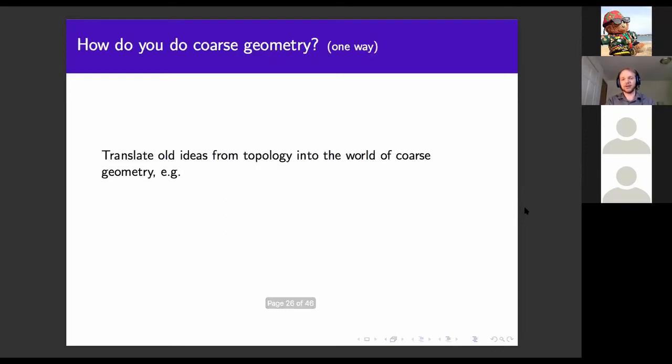Okay, so how do you do coarse geometry? Well, this is actually cool because this is kind of how you do math as well, in some sense. This is only one way of doing it. There are a million ways to attack this, but this is the way that I'm doing it, and I think I can explain it. Topology has existed for 100 years, and people have been working tirelessly to develop a whole bunch of theory and machinery in it. Coarse geometry has existed for like 20 years max. So a really good idea would be to take some inspiration from something going on in topology, and try and write it down as a coarse geometry concept.